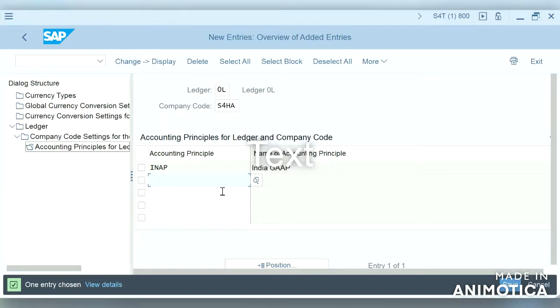So based on that we will be creating these accounting principles. If we want to generate a report based on India GAAP, we will use ledger 0L. If we want to generate reports based on IFRS, then we will have to create an accounting principle related to IFRS and assign it to a separate ledger, so we can generate reports based on those accounting principles.